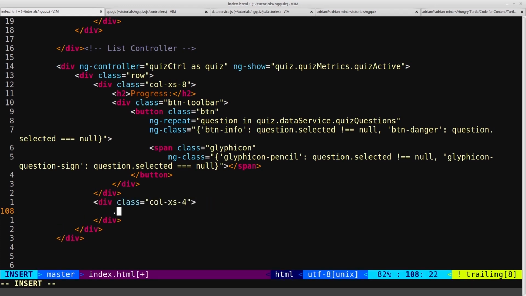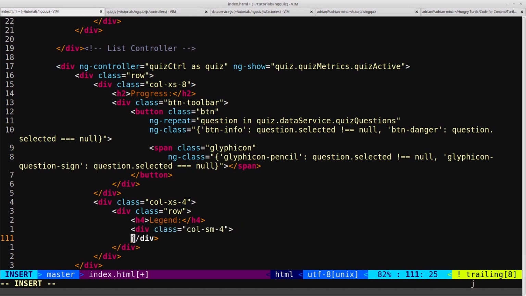And we'll add a row, and inside the row we'll add an H4 with legend, and then we'll split it into columns again. So we'll make a col sm, we'll make it 4 columns, and this is where we'll put our